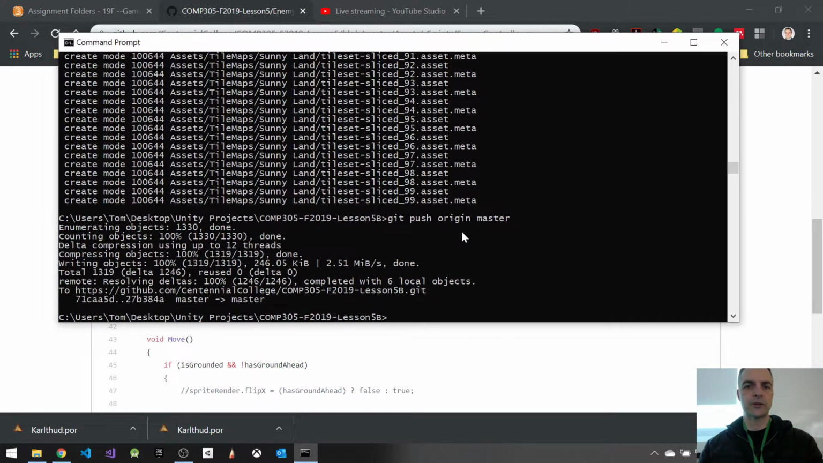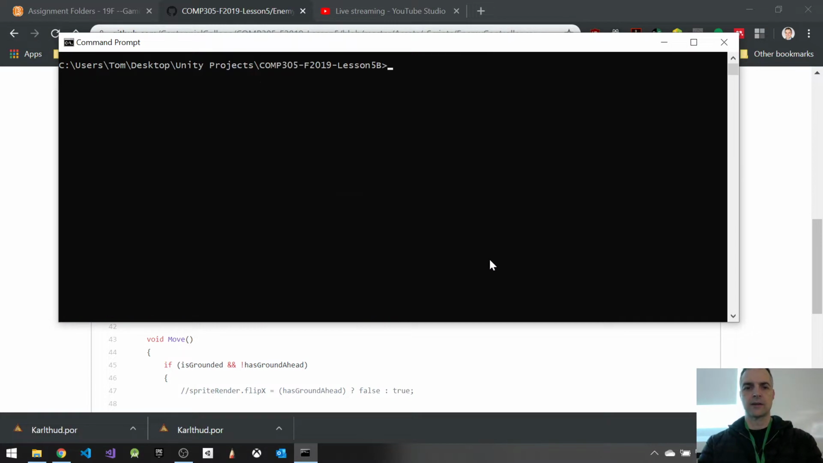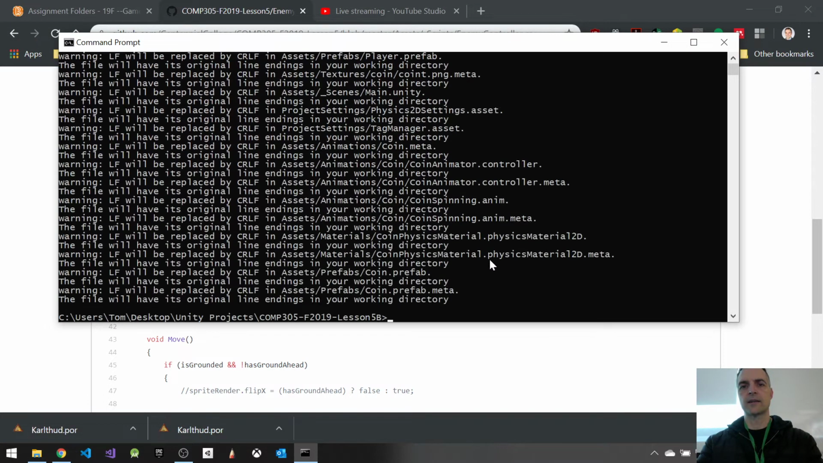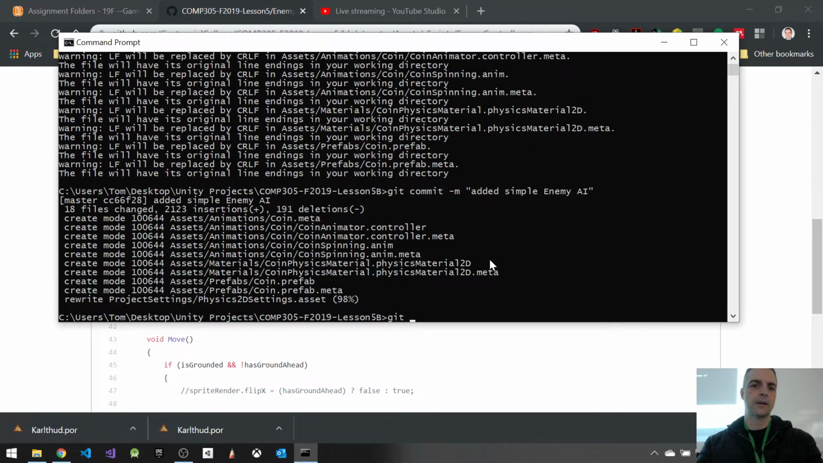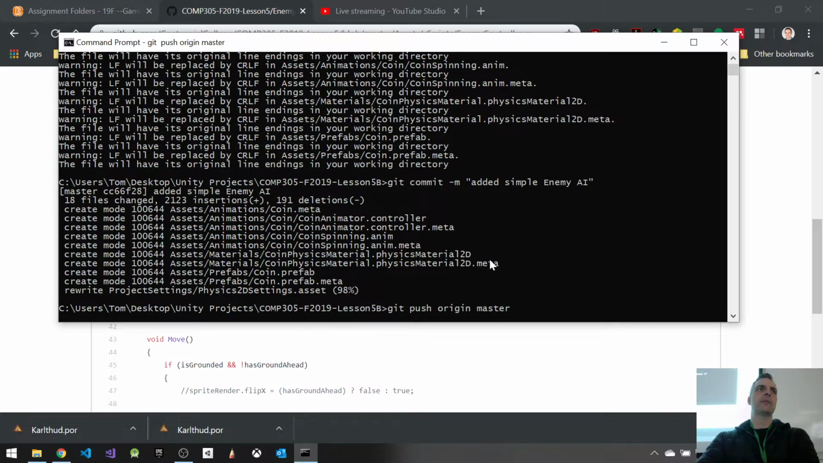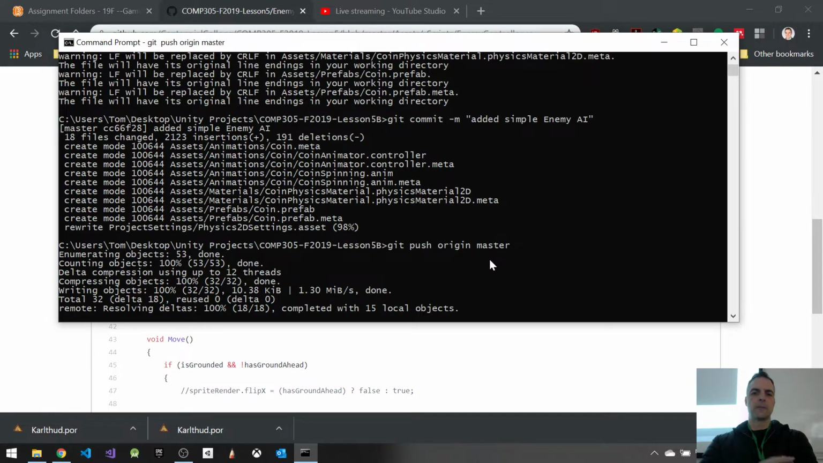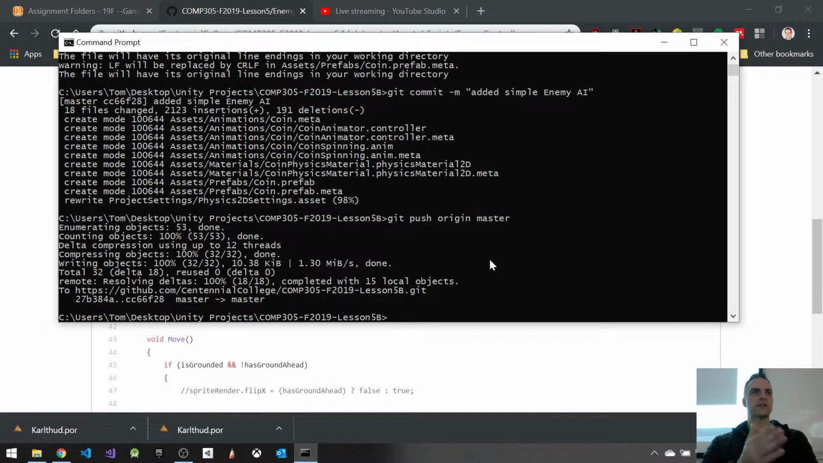Here's my Unity project. And I'm going to say git add dot, git commit -m, and I'll say added enemy or simple enemy AI. Git push origin master, which will push everything up to GitHub, and now you'll be able to have everything that we just did. So all the code that I just put up on GitHub under lesson 5b. You guys good to go. Now,